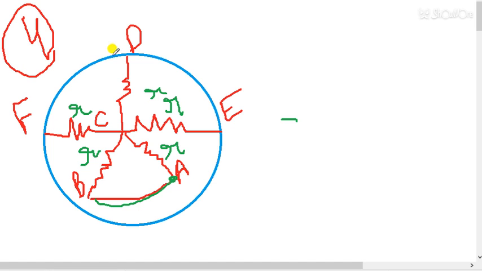Suppose F and D, no resistance is there, then simply you can say this point is connected with this point, so these two are in parallel and similar to this one, you can say. So this is just a simple question, but the diagram seems complicated. So I have to write here a point. The potential of point A is common with B, because no resistance is there.